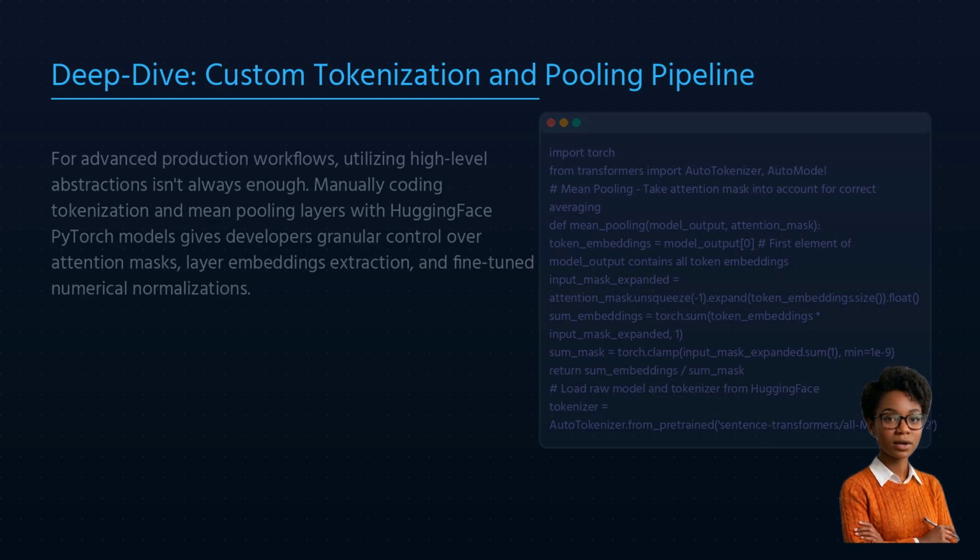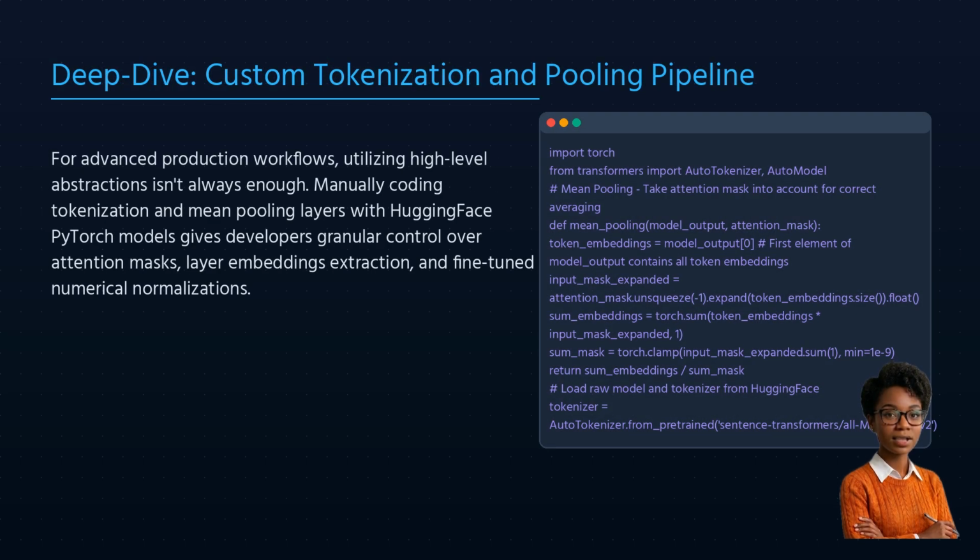Sometimes, using basic wrappers isn't enough. As senior systems engineers, you will need to orchestrate raw tokenization, extraction, and tensor operations directly in PyTorch. In the code displayed on screen, we bypass the basic wrappers and instantiate the raw AutoTokenizer and AutoModel directly from HuggingFace. We then write our own mean pooling function to aggregate individual word tokens into a unified sentence representation using